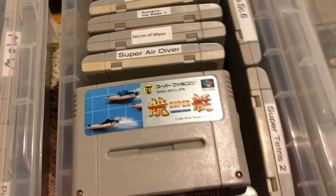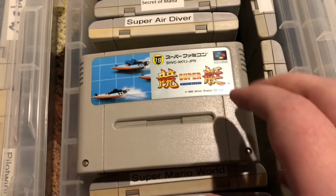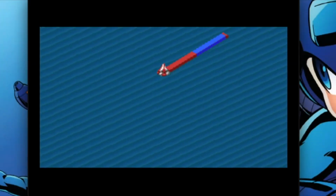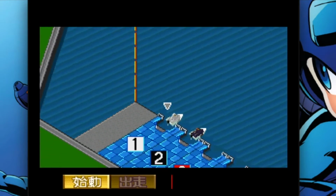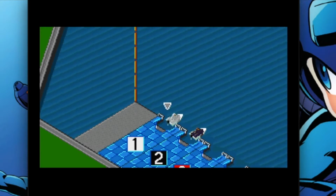Number 7 would almost certainly rank higher if I had the English language patch for it, and this is Super Boat Race. This seemed like such an easy concept on paper. Just take the idea behind RC Pro-Am, but boats, or Micro Machines, but boats, and yet somehow the language barrier